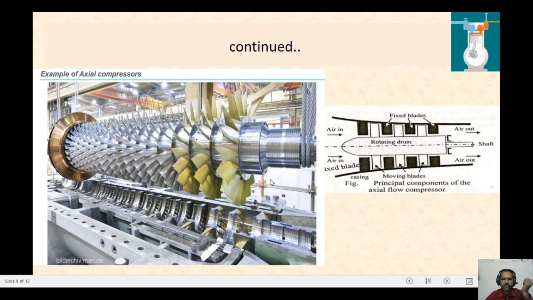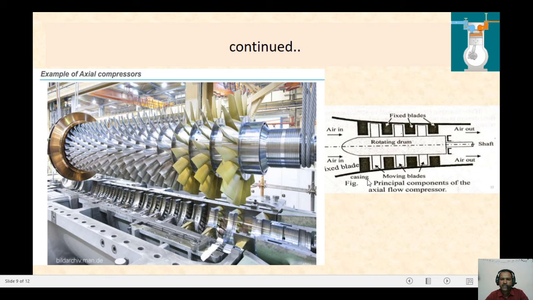You can see here, this is a rotor, and on it is a rotor blade, and this is a stator, and these are the stator blades. The rotor will move because it is connected to the motor, and this stator will be fixed, and on this stator the stator blades are also fixed, right? Whatever slots you are seeing, in these slots the rotor blades will rotate, to create the maximum pressure inside the housing.